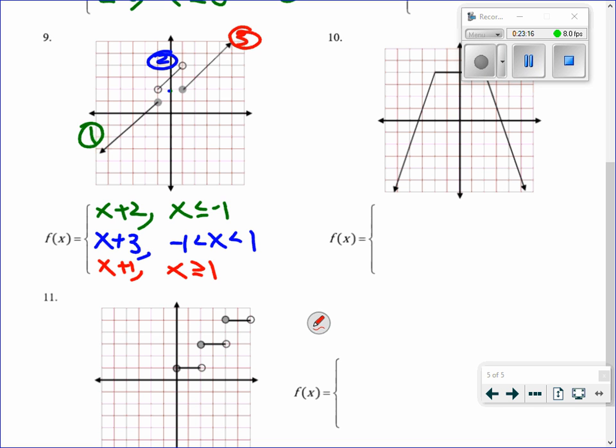Alright, so we have a good chunk of time. Super good chunk of time. So we've got like 45 minutes is